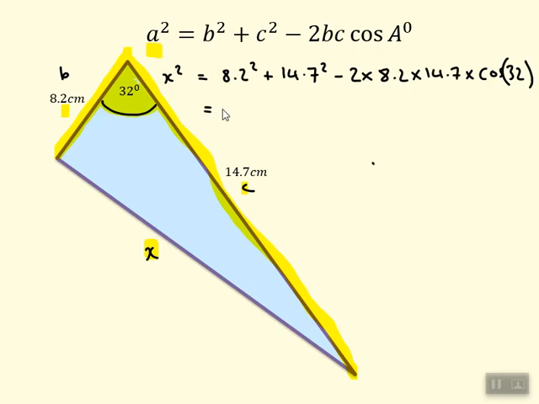The reason it's called the cosine rule is that it uses the cos button. So we work that out in one go: 8.2 squared plus 14.7 squared, take away 2 times 8.2 times 14.7 times cos 32. Just double check, did I type that in properly? Okay, so that equals